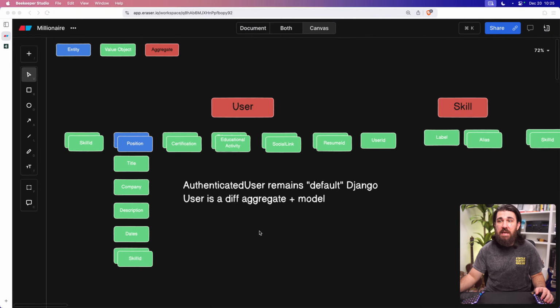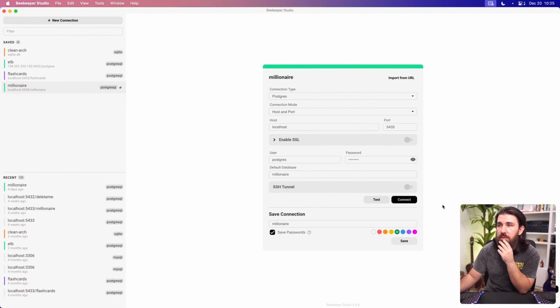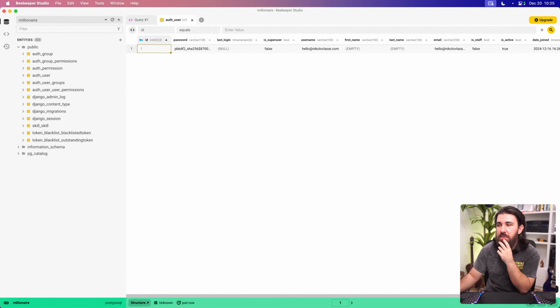It's also open beekeeper. Open millionaire. This is our database. There's auth underscore user. So our authenticated user is auth underscore user. That's the table name, basically. Yeah, maybe we should have called it auth user. It's fine. And when we have our own user, basically profile,